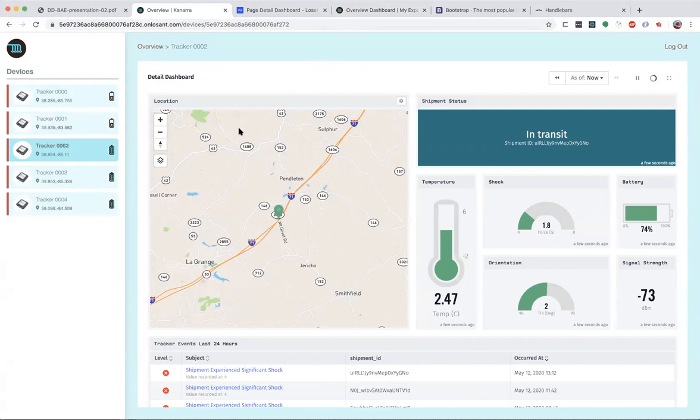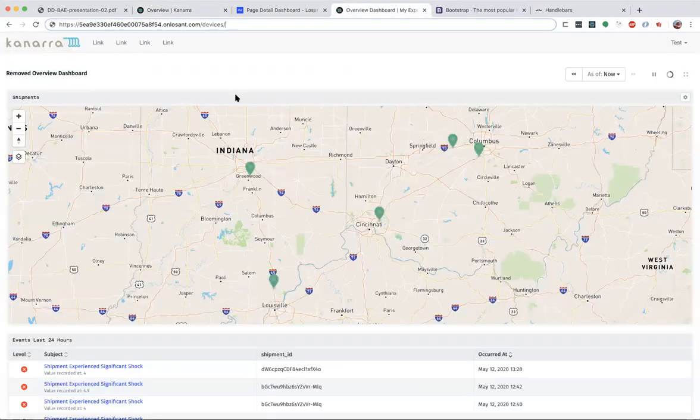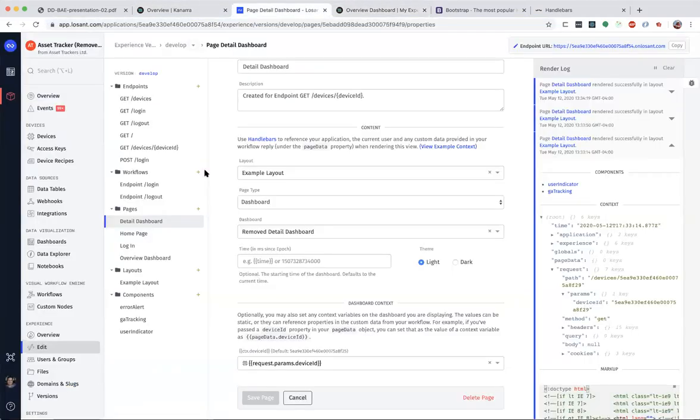Well, unfortunately, the context in which these pages are being rendered right now, it is not available to them what devices are available to that user, what devices should be in that column. So we're going to have to make some edits here in order to get that experience that we want. So how can I do that?